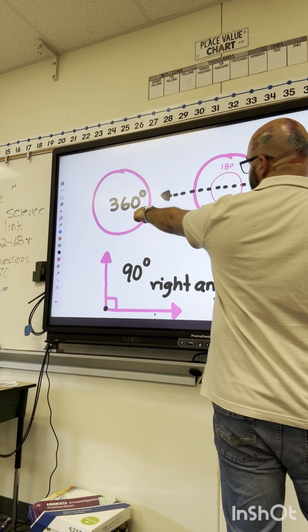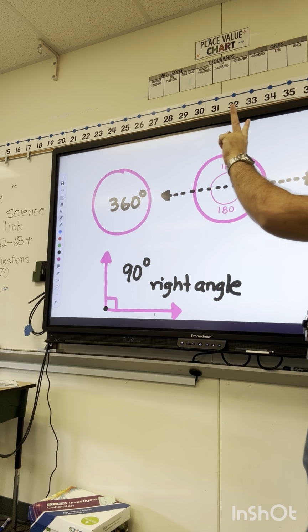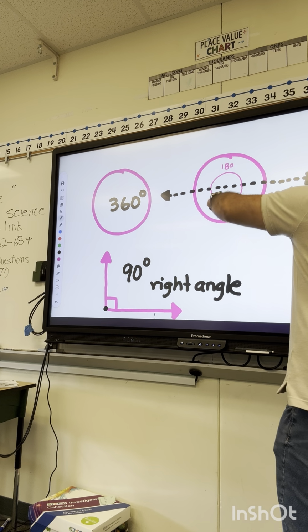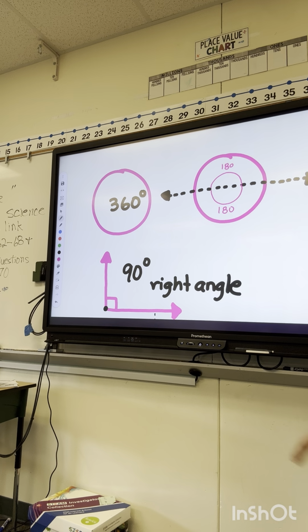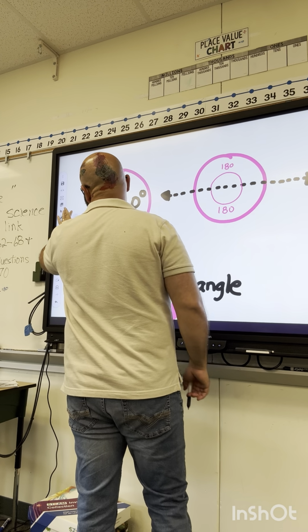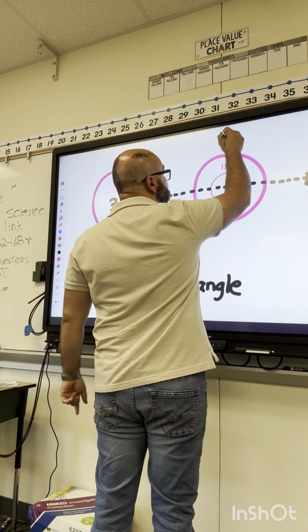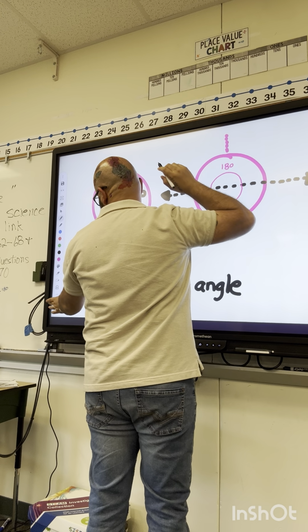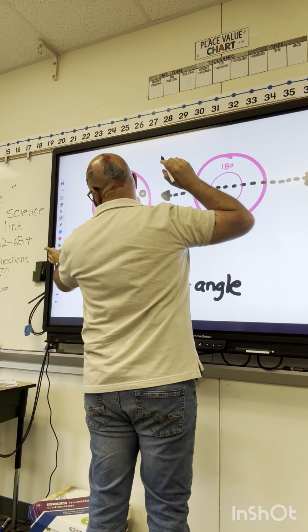If you divide 360 into 2, you will have 180 and 180. Now check this out. If you divide that 180 into 2,